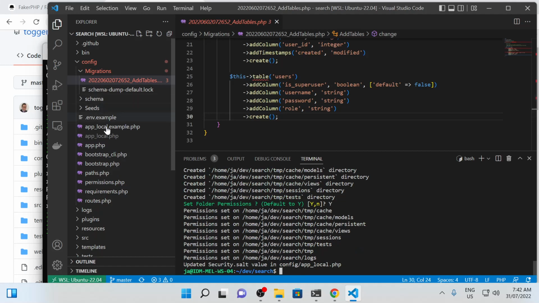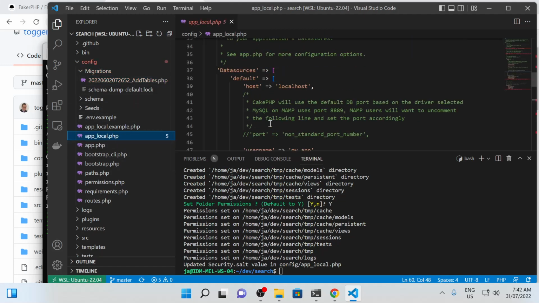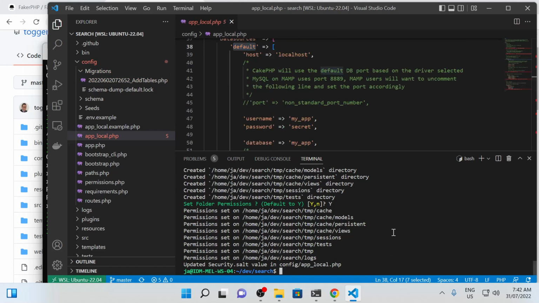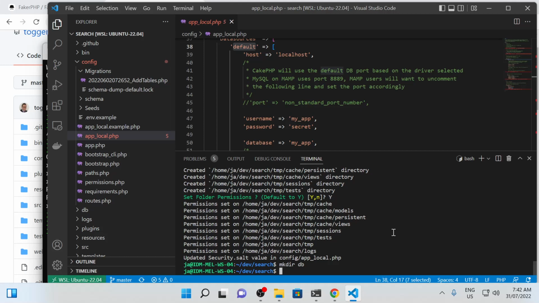and once you've done that, it creates an app local, and you need to configure a data source, the default data source. Now generally you might use MySQL, but for this I'm going to use SQLite. So I'll create a DB directory,